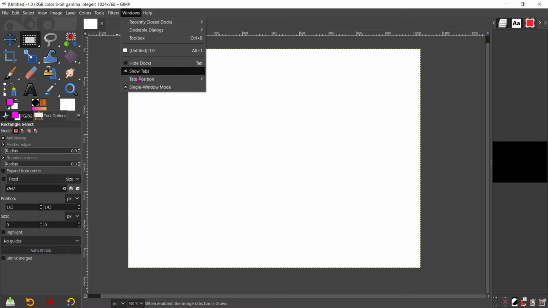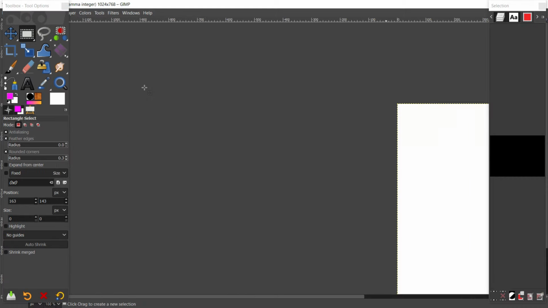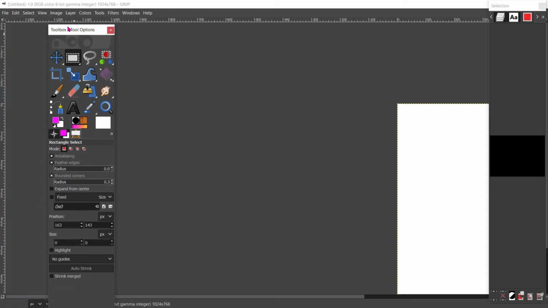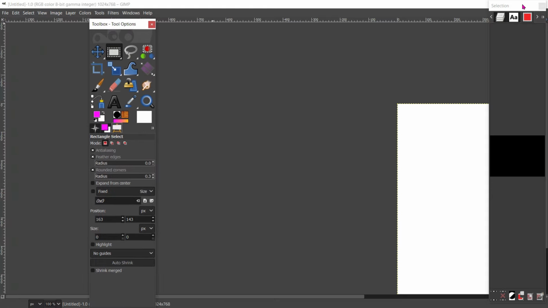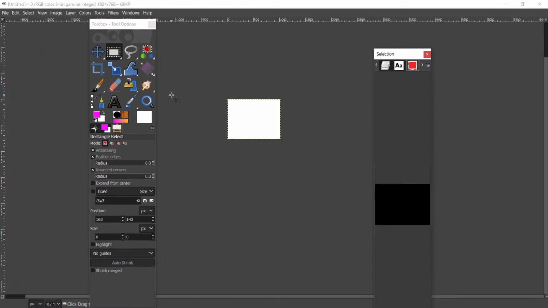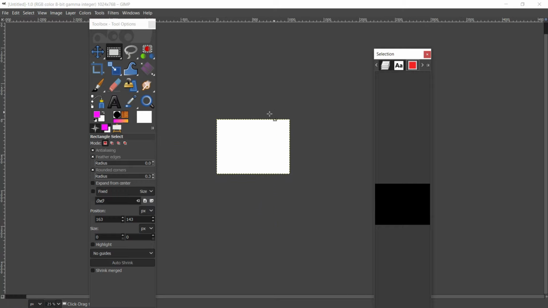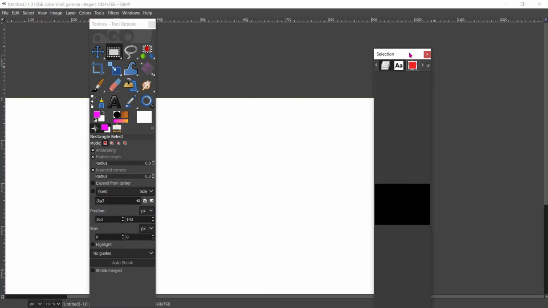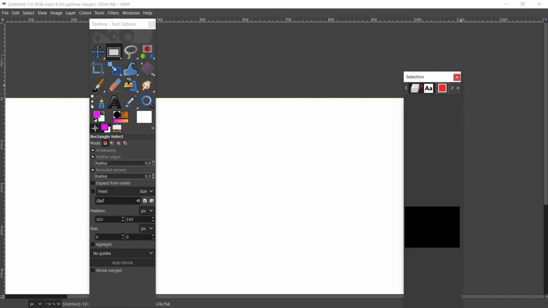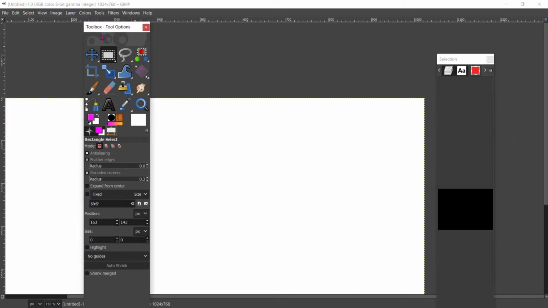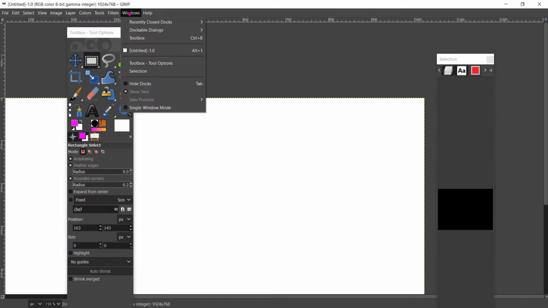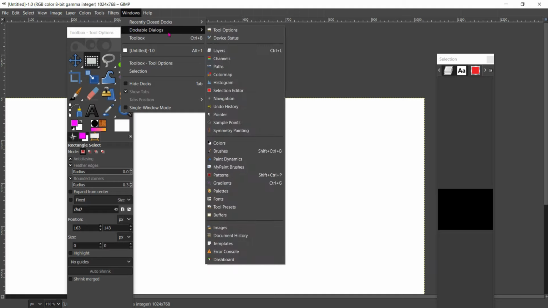Okay, and then single window mode. If you click on this, these are floating docks. You can move them as per your requirement. Like if you are working on this image and you want to move it in this area, then you can move this. In this fashion, we can use these docks. These are the dockable dialogues.